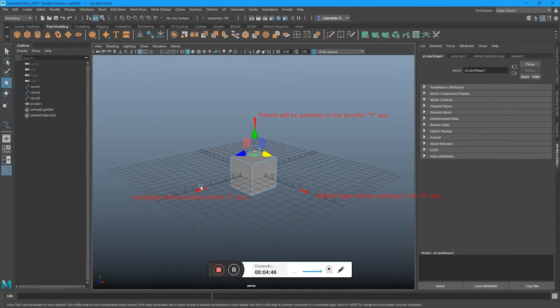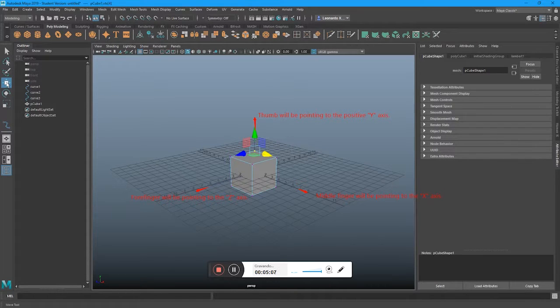This one to the z-axis. This one to the x-axis, and this is really helpful